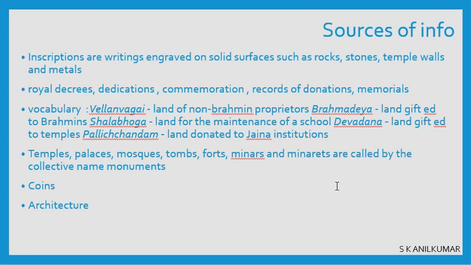That is one thing that we learned. Second is they thought about it and named. And the third thing is a Jain institution was encouraged or patronized at the same time when a normal school or a temple is patronized. So you had a Brahmadeya also, you had a Devadana also, you had a Pallichandam also at the same time. That means what? Tolerance was there, or maybe so many things we can learn from this vocabulary, from these inscriptions.